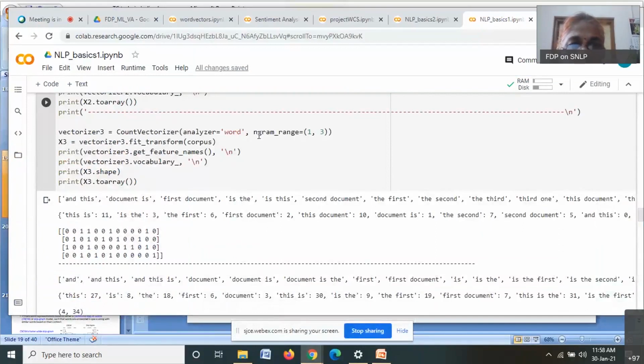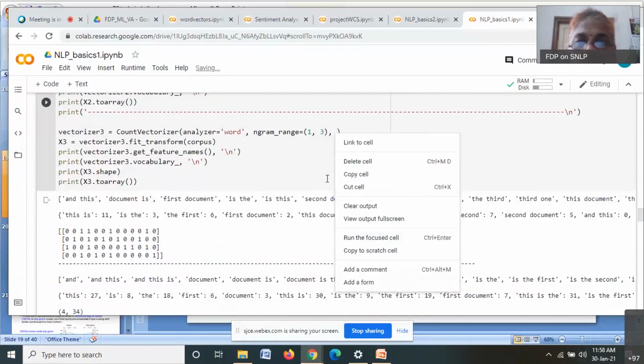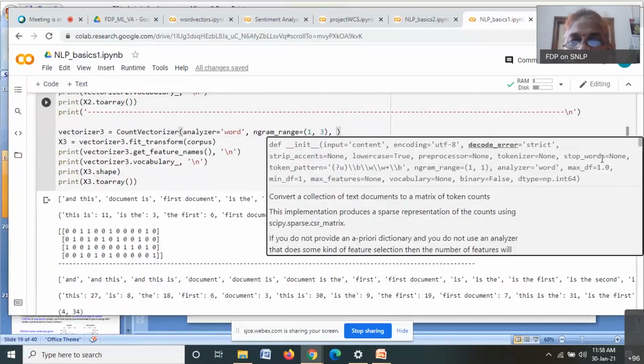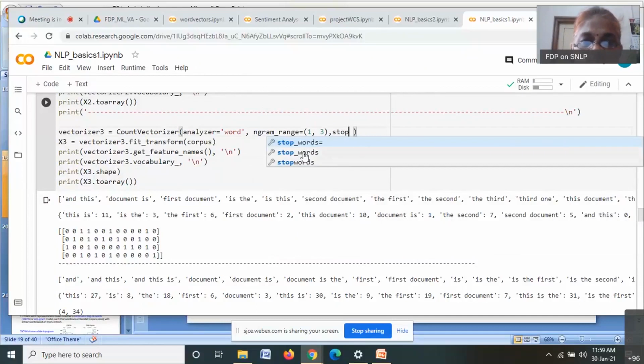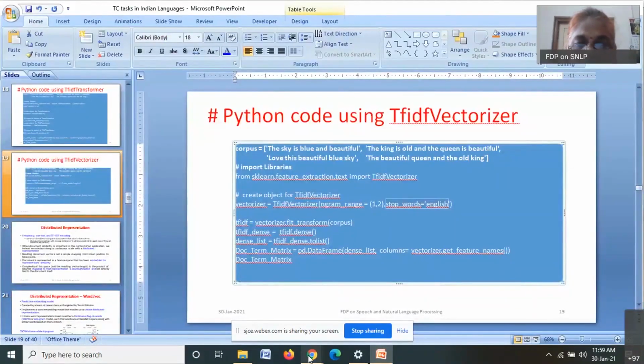Yeah, I can even include stop words here. It should be stop_words equal to English.